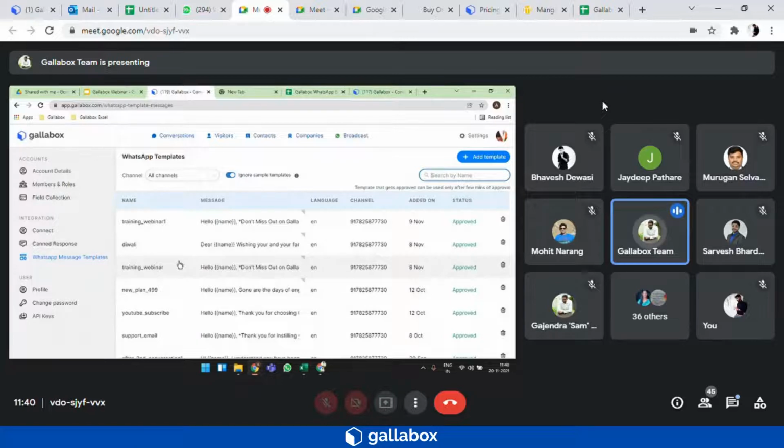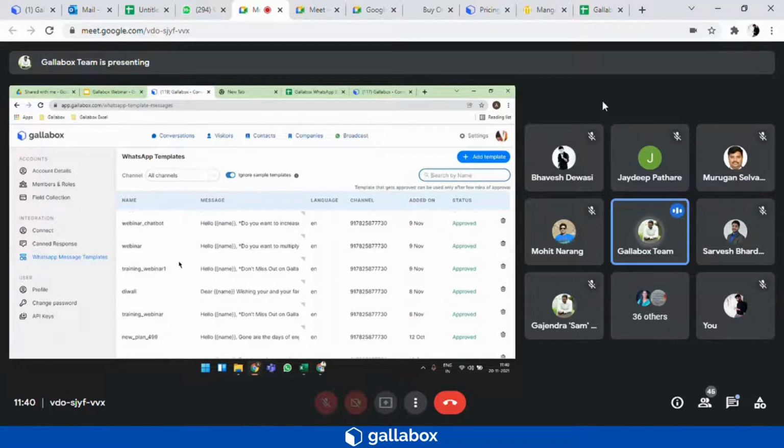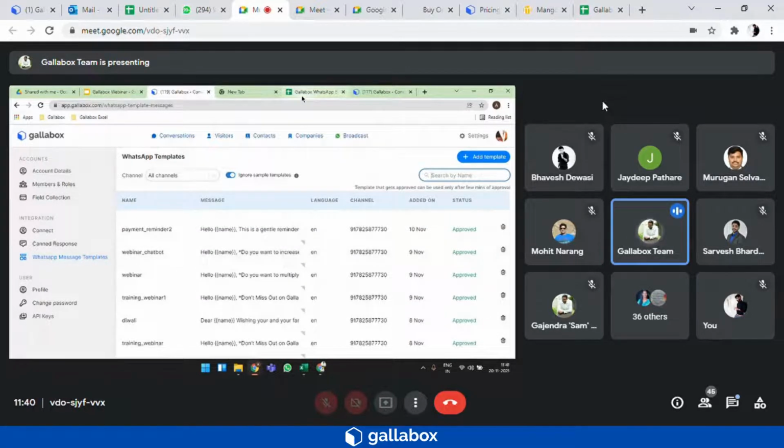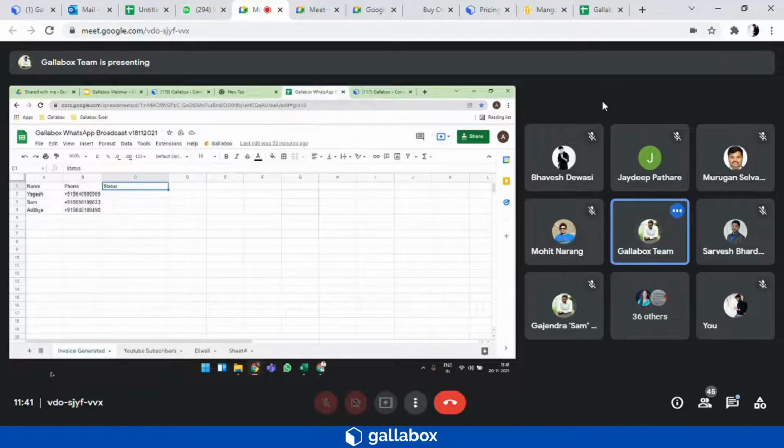Once I have chosen the templates, I will go back to the Google Sheet. I will first click on Galabox, which is on the top next to the other available options. Once I click on this, it will ask for the option which is WhatsApp broadcast.